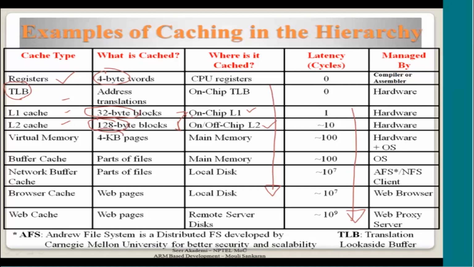As you go further, the sizes increase. See here, the virtual memory pages are increasing, and these are all in megabytes. These are something to do with networking and web-based technology, if you are aware of it. So web pages, when you are accessing them, come from the web cache. Web cache is like a proxy server. If you are accessing Cricinfo, which is feeding cricket scores live,